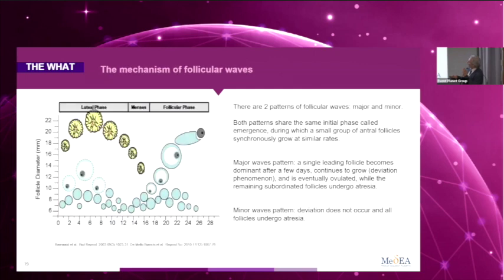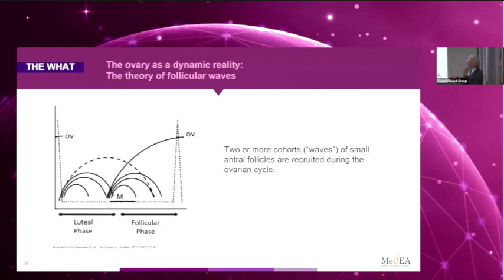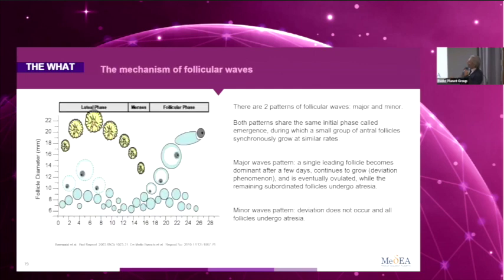And this is very important because there are two possibilities. One possibility is that from a given wave of follicle, you have a phenomenon which is called deviation, meaning that one follicle became dominant